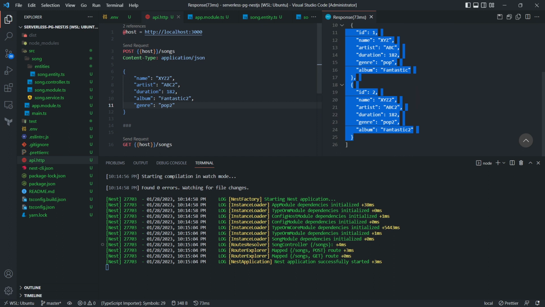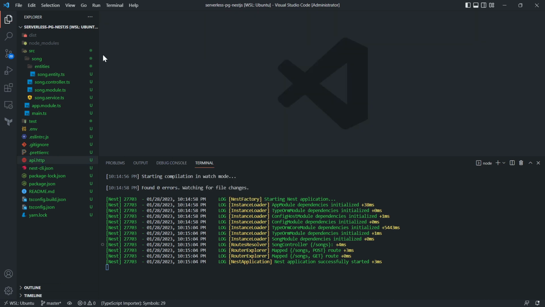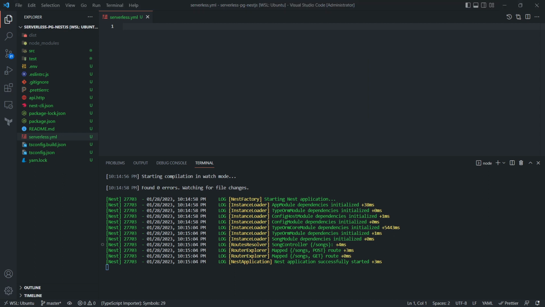All right. So as of now, whatever we have done is local, right? And it is as part of the Nest app. We want to publish this in a serverless fashion. So in order to do that, we will be using the serverless framework. So in the root of your project, create a serverless.yml file,